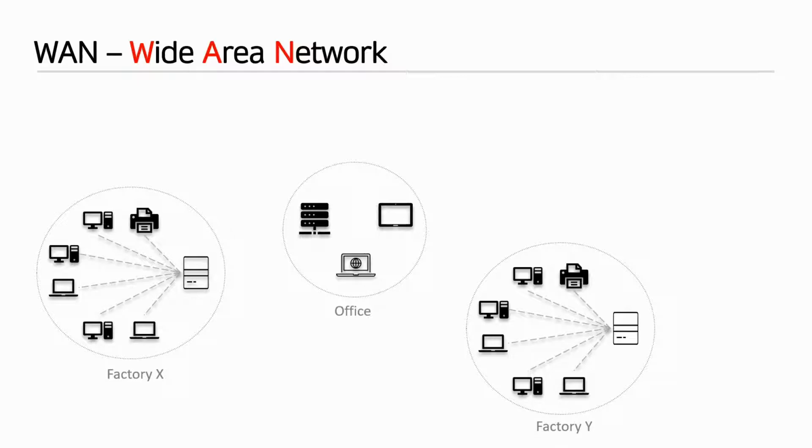The second on the list is WAN, which stands for Wide Area Network. If we have a connection between different local area networks with a distance greater than 100 kilometers, we are talking about a wide area network. Distance between those networks is not that relevant since it can span through different cities, countries, or even continents. Let's say that we have a company with two factories and one office, and those are all in different cities.